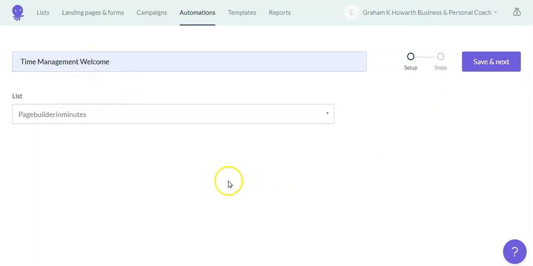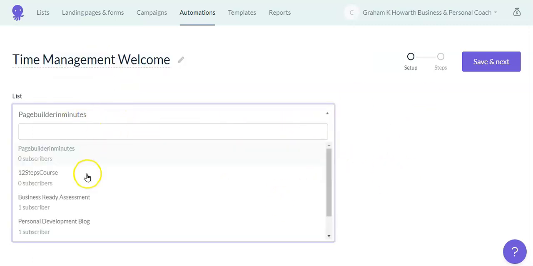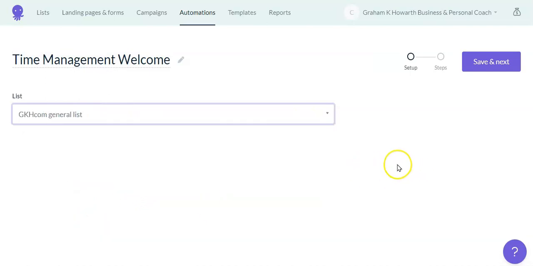And that's our automation, and we're going to ascribe it to the general list, which is the same one we used for our landing page. So that section is quite simple to do. This is all for internal use, so it doesn't really matter what you put in here, whatever is meaningful for you.